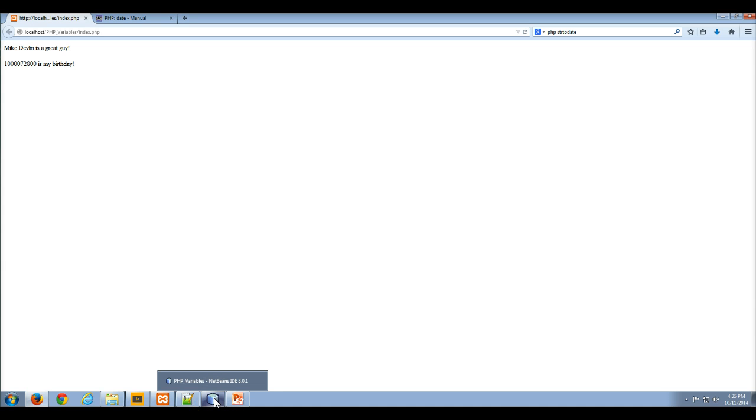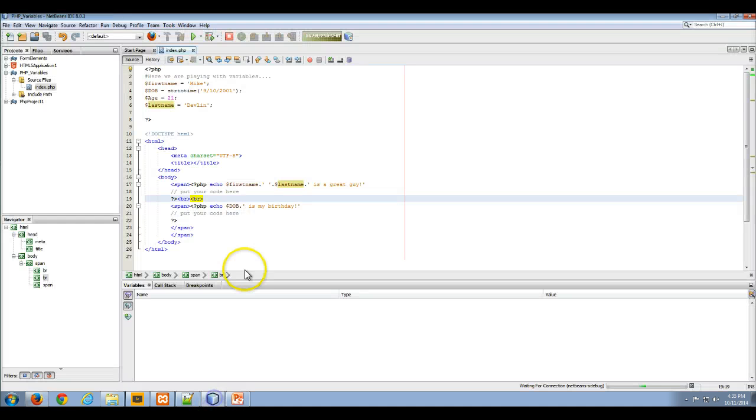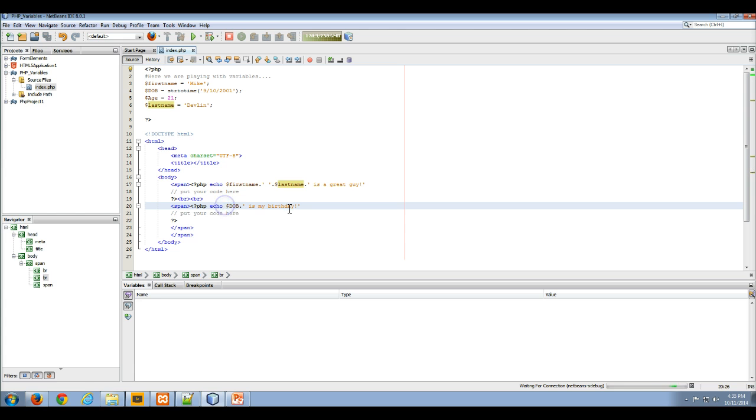So we're going to use the date function to make that a little bit more visually appealing. So we're going to send in the date. The first thing that we do is tell it what kind of format we want it in. I want the 4-digit year, the dash, the month, and the day. And then I have to end that in an apostrophe, so everything else does not get